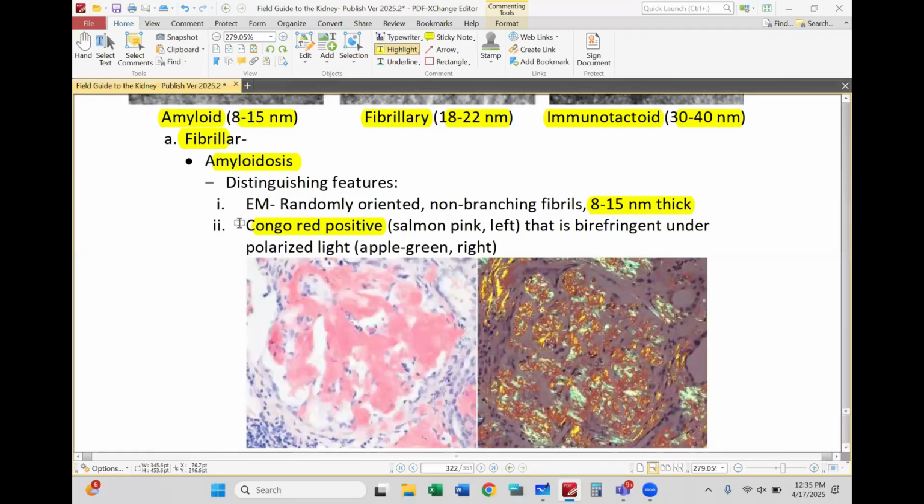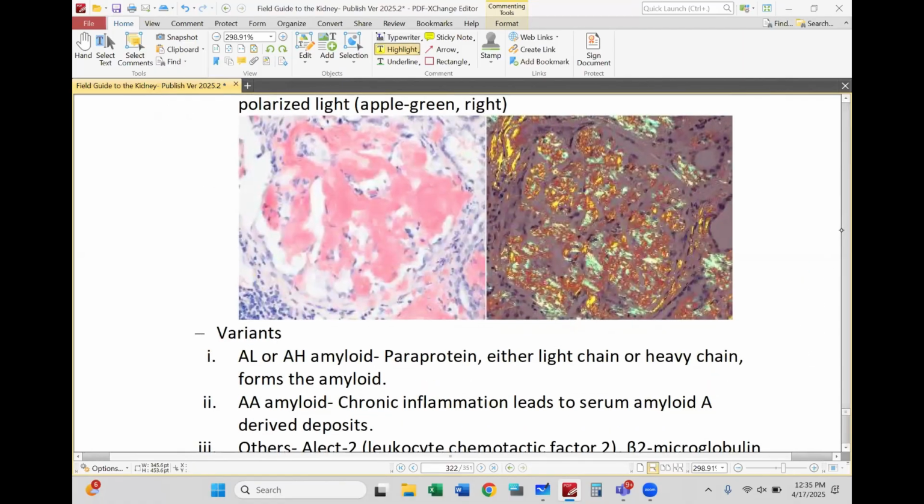But the distinguishing factor that you're going to rely on most prominently is the presence of Congo red stain. So often you'll see your pathologist telling you, well, I have to wait for the Congo red staining to be confident that this is a case of amyloid, not just relying on the fibril size in order to make that determination, okay? These are also birefringent under polarized light. This classic apple green birefringence is shown here in the right panel, but this would be the appearance of the